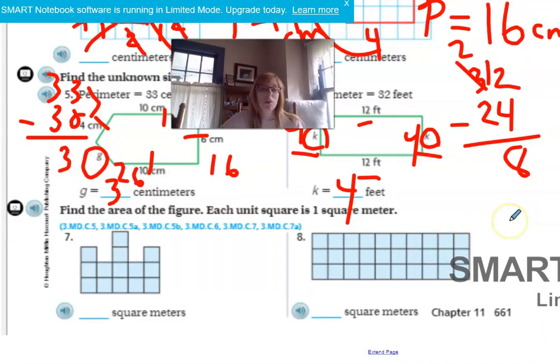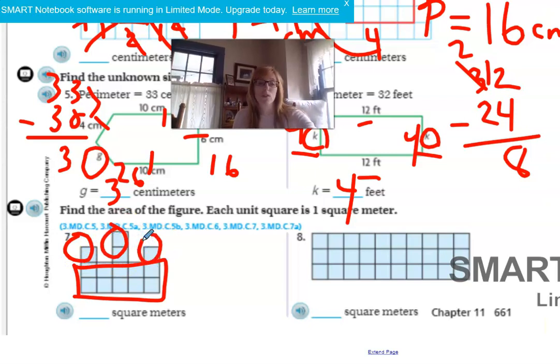Okay, so down below it says find the area of the figure. Now we know the area is length times width if and only if you have equal amounts in every row, like an array. Okay, so if you look at 7, you cannot use the formula length times width unless you do the box and then add on